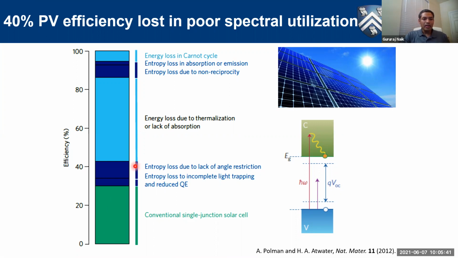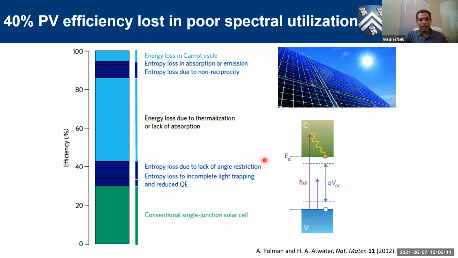Okay, and the rest of the efficiency that is lost, if you look at where it is lost, we see that 40% of efficiency is lost in photons not being used really well. So, which is the photons from the sun. The sun is just a broadband source. It's a thermal light source. Any thermal light source is really broad. It has all different colors, right? So we see red to blue, but that's only a small spectrum in the visible. You also have infrared photons. You also have many UV photons.